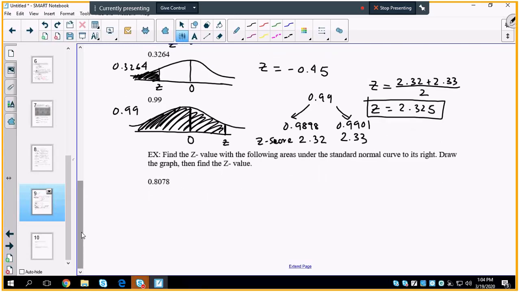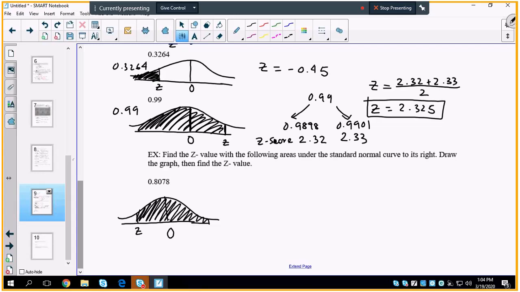Find the z-value with the following areas under the standard normal curve to the right. So now I want 0.8078 to the right. This is 0. To the right of the mean is 0.5. If you want more, you have to go even further left. So you are here. You want this, so that the right is